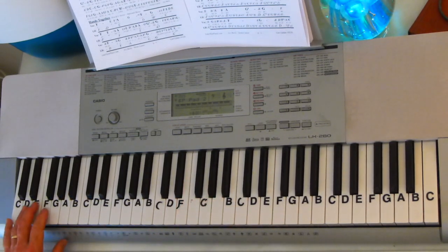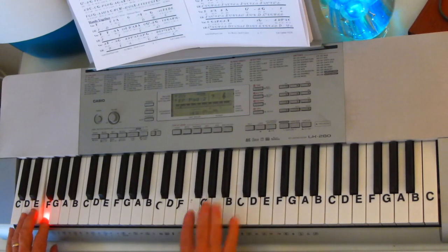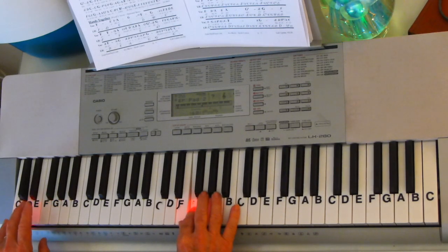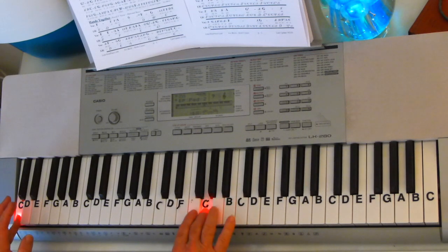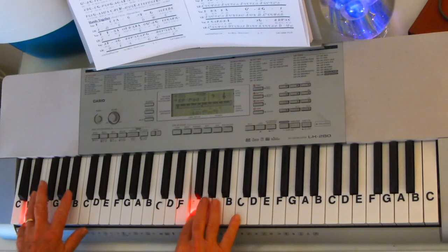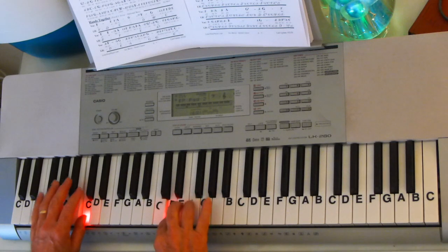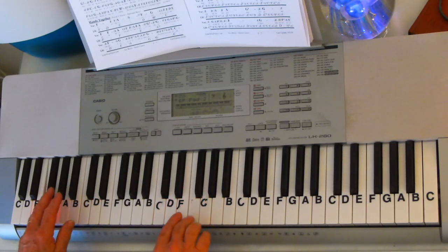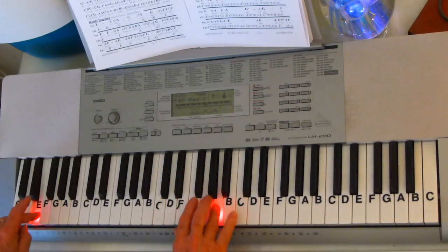Now let's play that with the bass. If she sings it a cappella, I'm going to put one little bass note through there. So we'll start off with an F, then go to a D, to a C, back to the D, up to a B flat, to a C, F, repeat the F, down to an E,